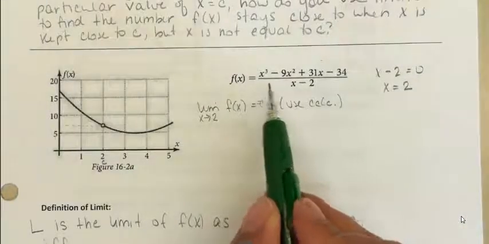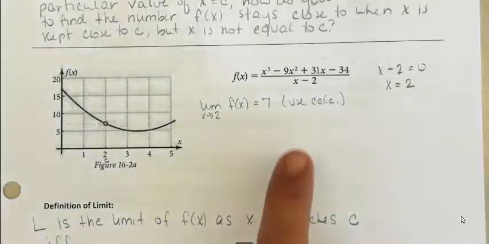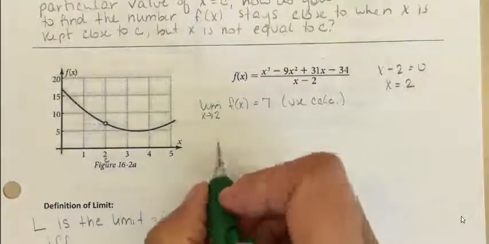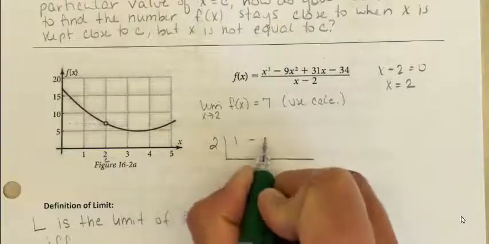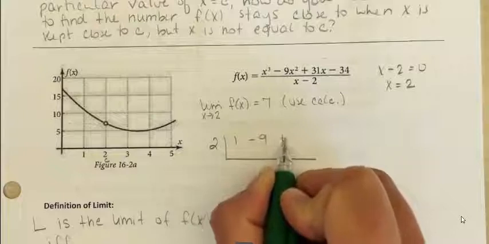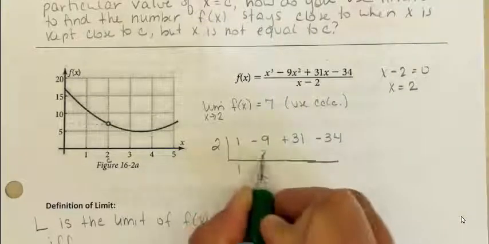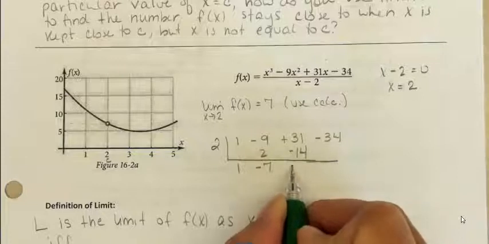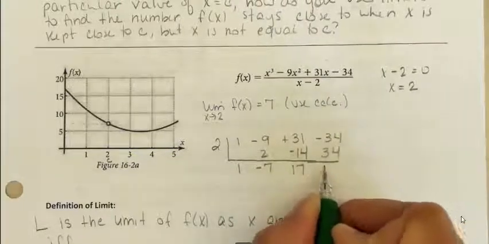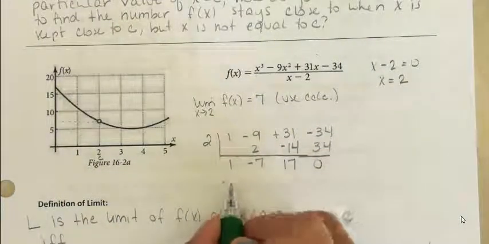Mathematically, how can I find this limit? I want to show you how to do that right now. The first thing you want to do is divide out your denominator. I'm going to use synthetic division for that. Okay, so I divided in really nicely. That's great. And so really what I'm left with here then